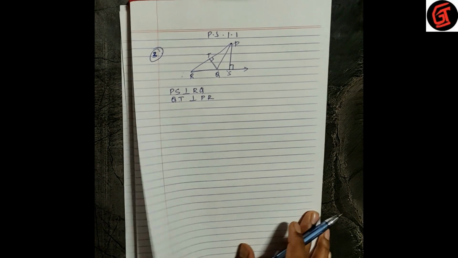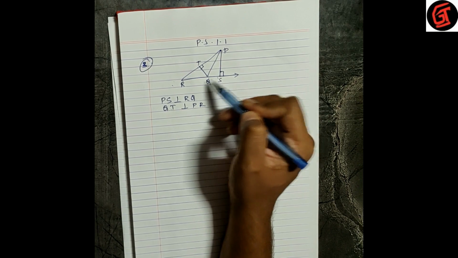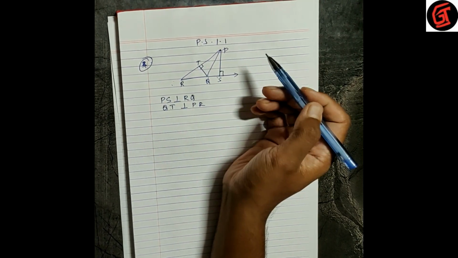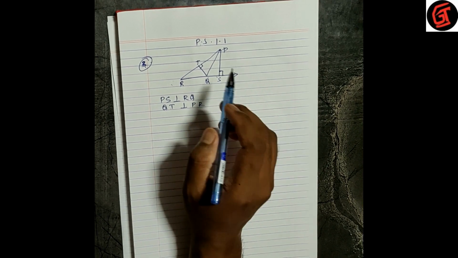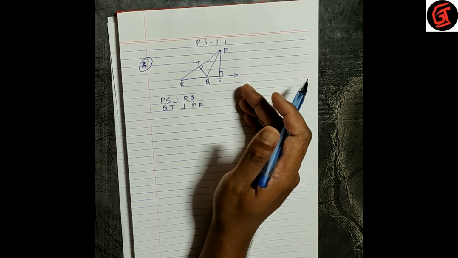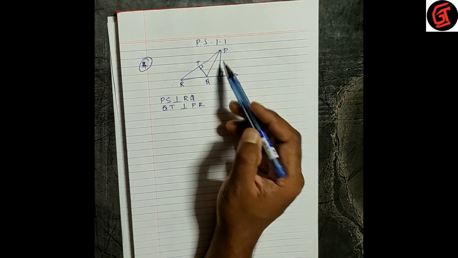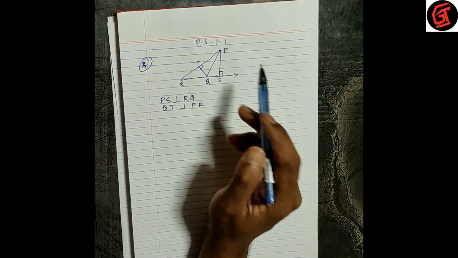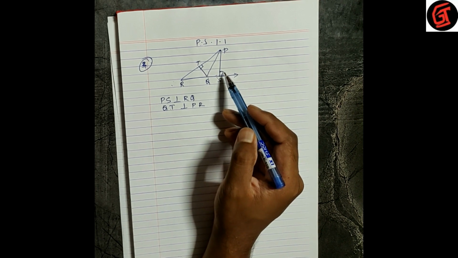Okay, let's go to the next sum. I have already drawn the diagram here. Practice set 1.1, the third sum. Very important sum. This can come for either 2 marks or 3 marks, but mostly it will come for 2 marks. If you see, there are two angles here which are 90 degrees, and this is the matter given to us. Please check it in your textbook, the third sum.